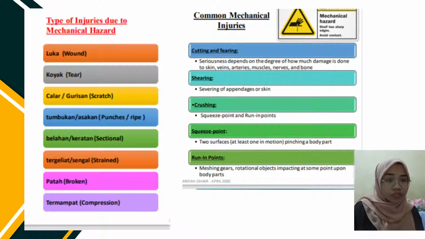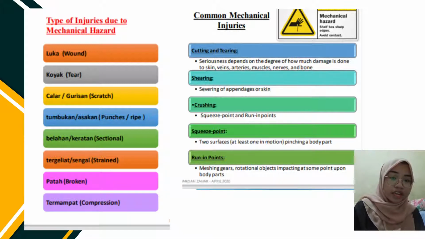A lot of injuries might happen due to mechanical hazard, such as wounds, tears, stretches, punctures, rips, strains, breaks, and compression, and these are the most common types of injury. For example, cutting and tearing can happen when we deal with machines, and the seriousness depends on the degree and how much damage is done to our skin, veins, arteries,